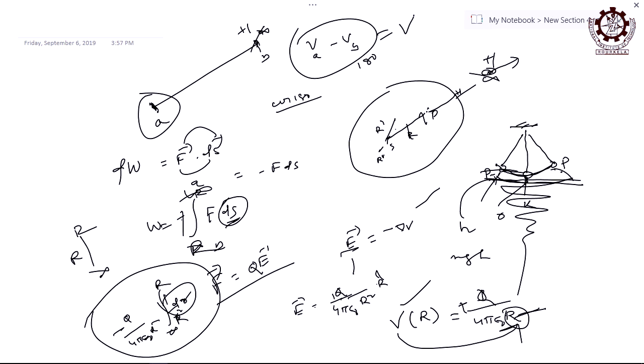Difference means there should be 2 points. For potential, the other point is at infinity, but when it is potential difference, there should be 2 points within the field. Then only you can tell the potential difference between these 2 points is this, right. So, this is the relation that you can calculate doing the same line integration, but between A and B, and these A and B are defined by some distance. Then you will get the value that is called the potential difference between 2 points. Obviously, difference means there must be 2 points, otherwise it is meaningless, right.